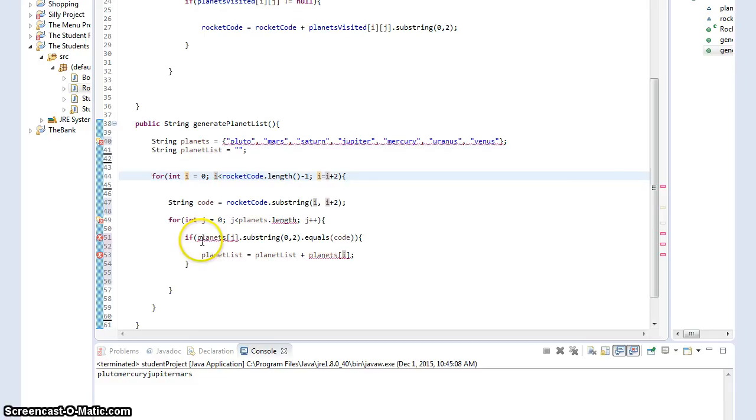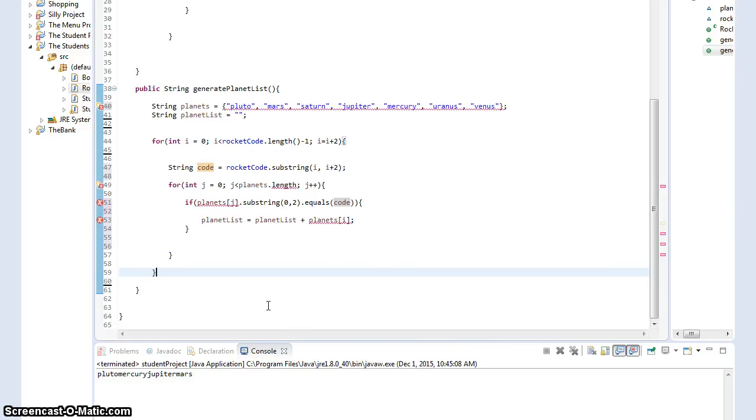So we're going to loop through the rocket code in steps of 2. We're going to get each set of 2 letters. We're then going to loop through the planet array here, and we're going to compare those sets of 2 letters with the first 2 letters of each of the planets. And if there's a match, we're just going to update our planet list. That's the end of the for loop, and I will finish by returning